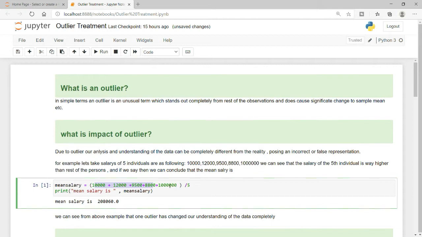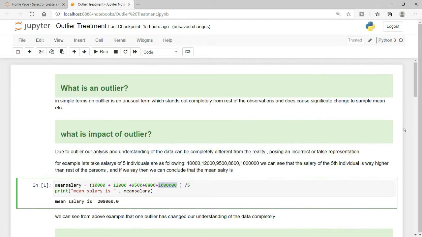You may form an idea or hypothesis that maybe you should target your product to these customers because they are high earning people, but in fact there is only one person here who is actually earning that high. That would not be very beneficial for you. This is what happens in real scenarios.